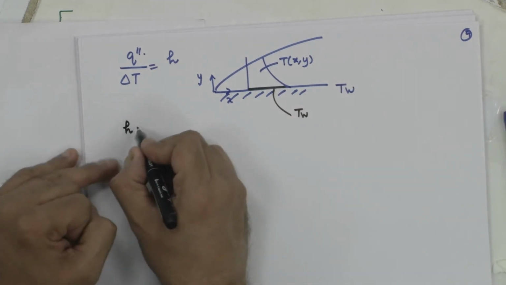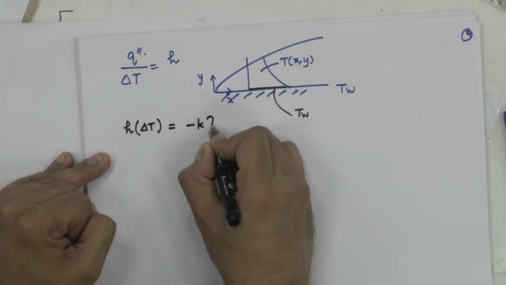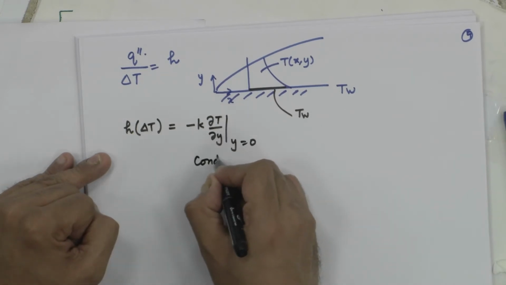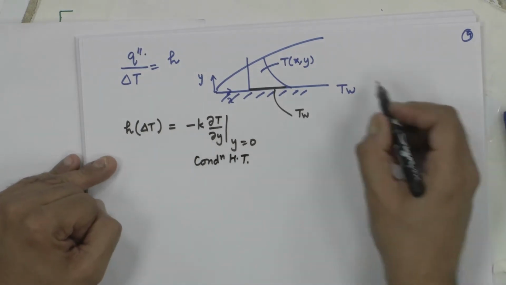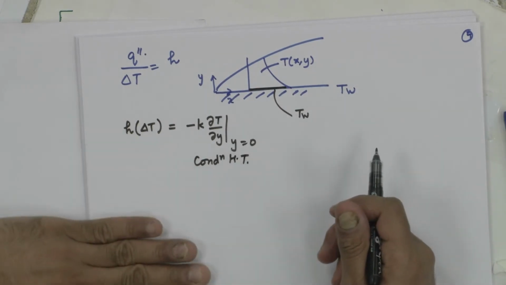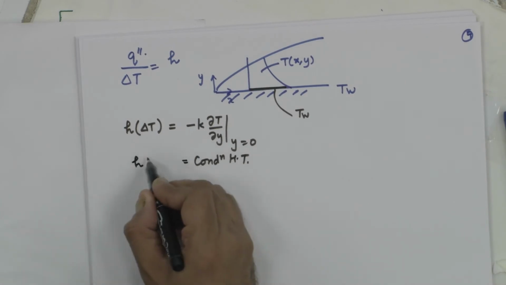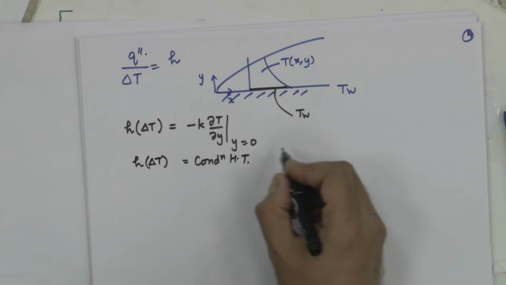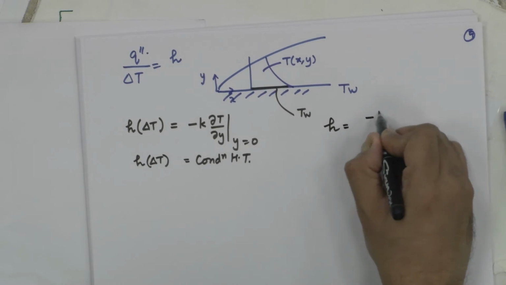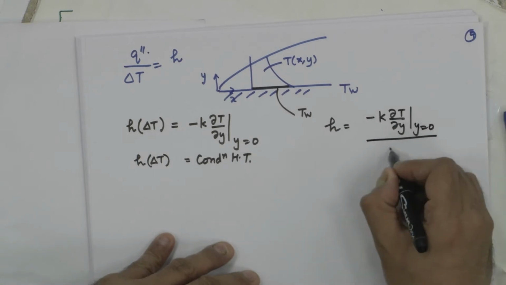So, H into delta T is equal to minus K dT by dy at y equal to 0. This is conduction heat transfer through the first layer of fluid. This first layer of fluid is just transporting energy from the wall to the second layer by conduction, and this is being carried away by the fluid, and therefore it is H delta T. So, minus K dT by dy is equal to H delta T. Therefore, H is equal to minus K dT by dy at y equal to 0 divided by delta T, which